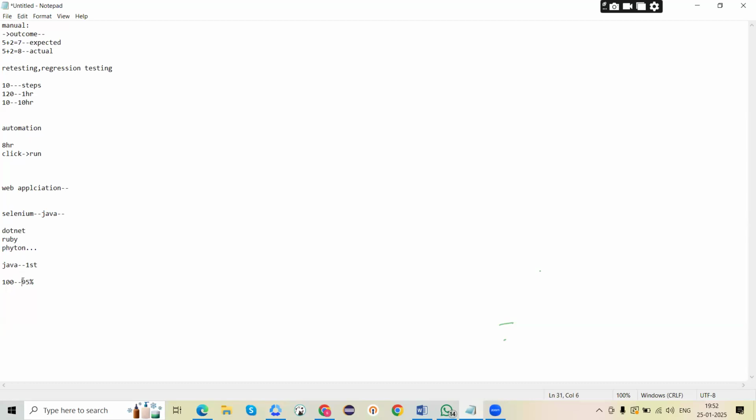We have around 95% Java applications, so we are learning Java. It is very easy, and if we learn Java, the same concepts will be repeated in other languages. How is it repeated? Suppose it is a programming language. Language is nothing but what we need to speak. For example, in Telugu I can call Amma, in Hindi you can call it Ma.